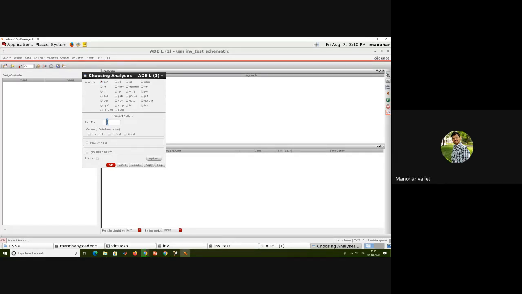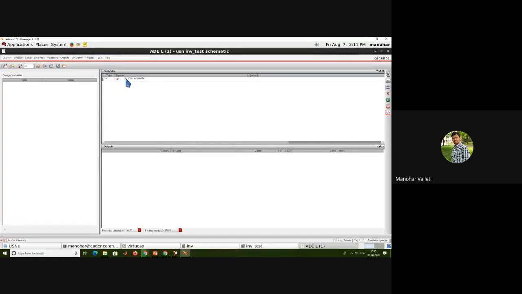It all depends on your time period. If you want to see only 1 cycle, that's more than enough. So however many cycles you want, give accordingly. As I gave the time period 60 nanoseconds and I want to see 5 cycles, that's why I'm giving 300 nano. Select moderate. This is enabled. Click OK. So this is automatically added here.